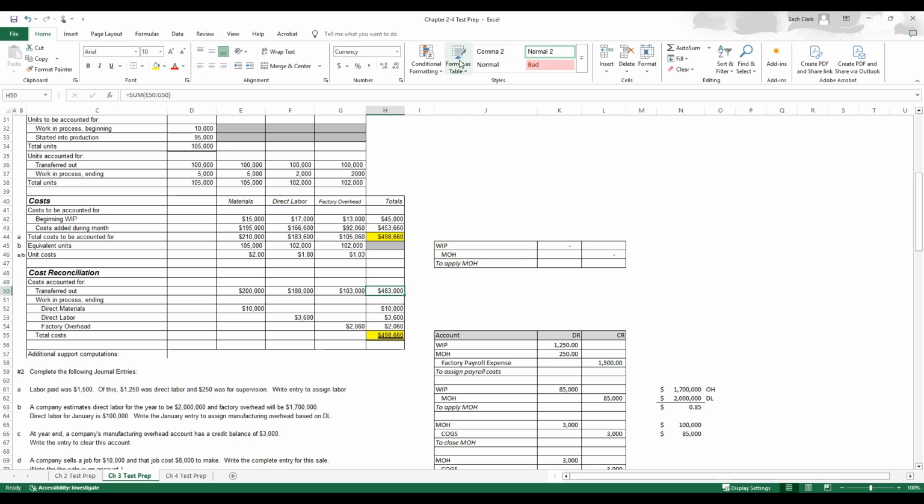The one special journal entry that we would have in chapter 3 that was not in chapter 2 would be that when we finish the production process and transfer these $483,000 out,